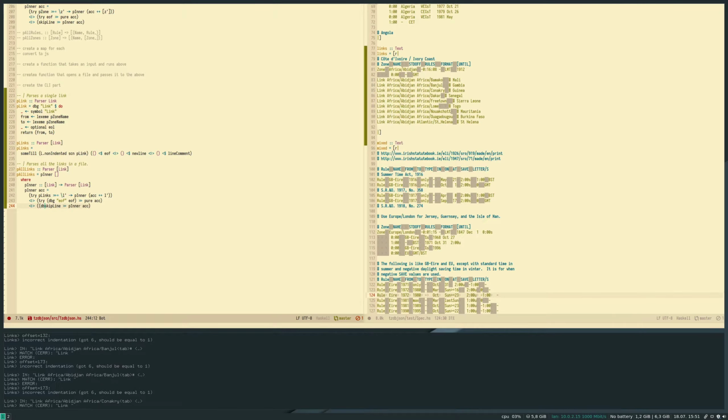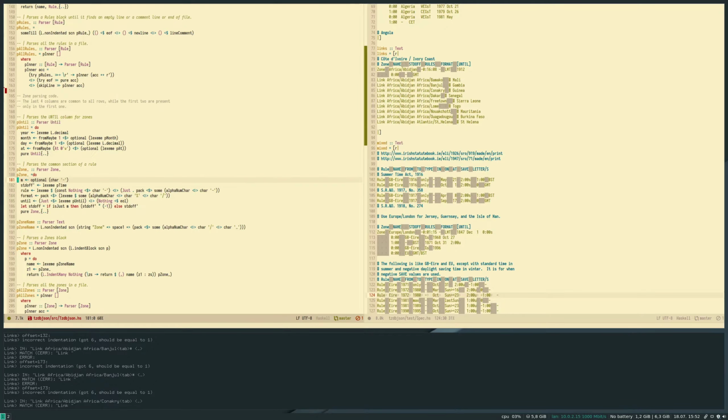Let's debug skip line. So here in the rules, I did skipping the zones too, and I removed it because it wasn't really helpful for it.